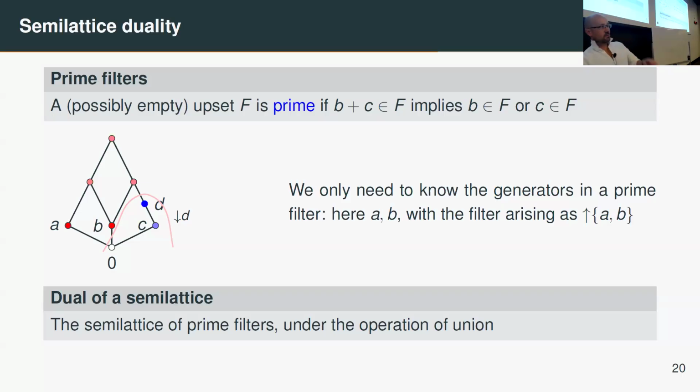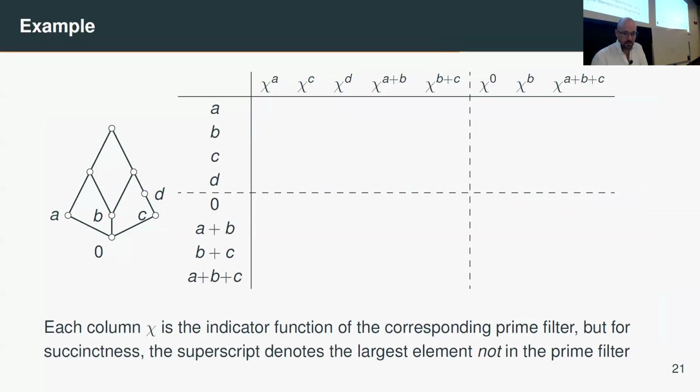In the infinite case, because we're arriving at sort of topological objects, we'll also have limits of things involved. But anyway, so I'll go through a couple of these. So let's look at this first one. So my notation here is that chi is going to be the principal downset, and the filter it corresponds to is the complement of that. So here I'm looking at the prime filter that consists of everything that's not below A. And I'm calling that chi A, just because it's a bit hard to give it a different name. I'd have to call it chi B, C, D or something like that.